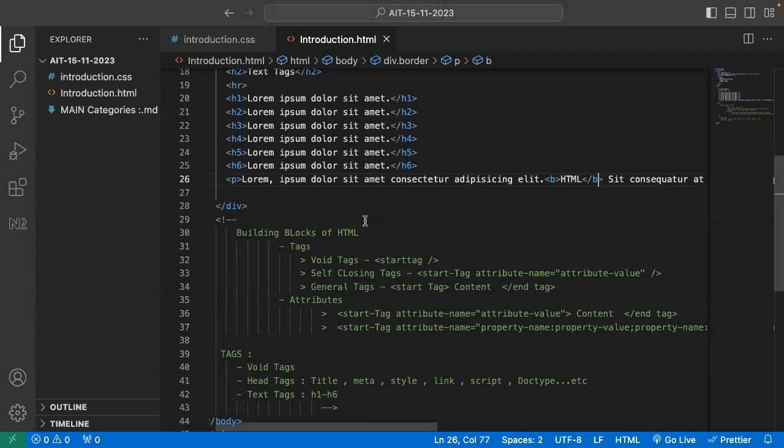So most of the time we use span. Even if you want to make it bold, then also what you can do, you can use a bold tag within that. So for example,